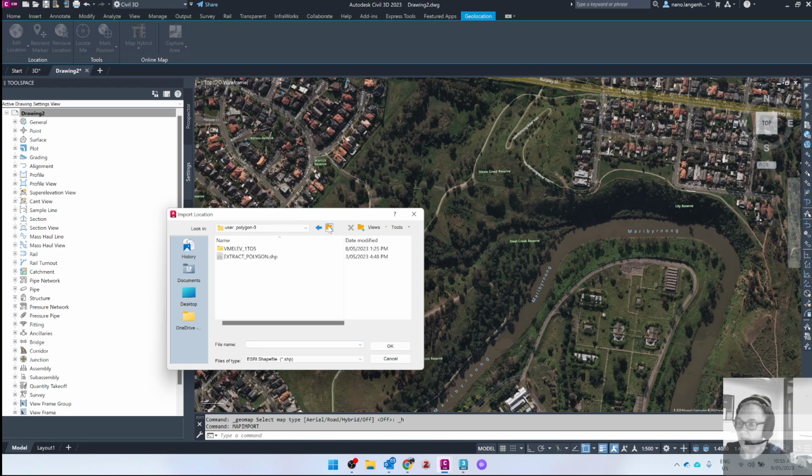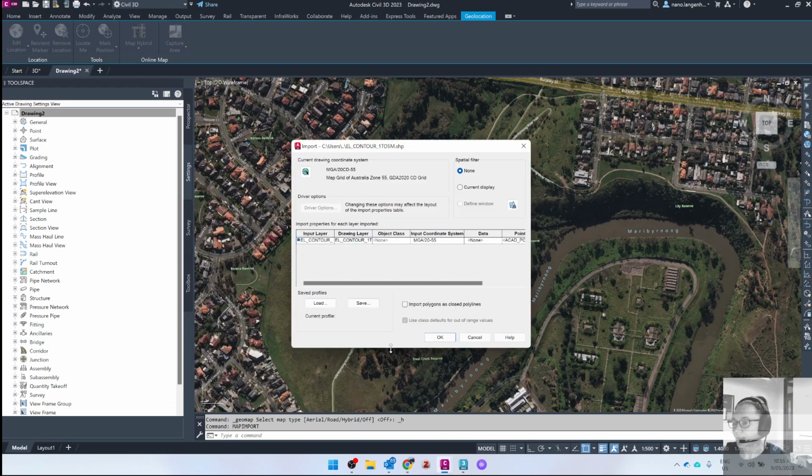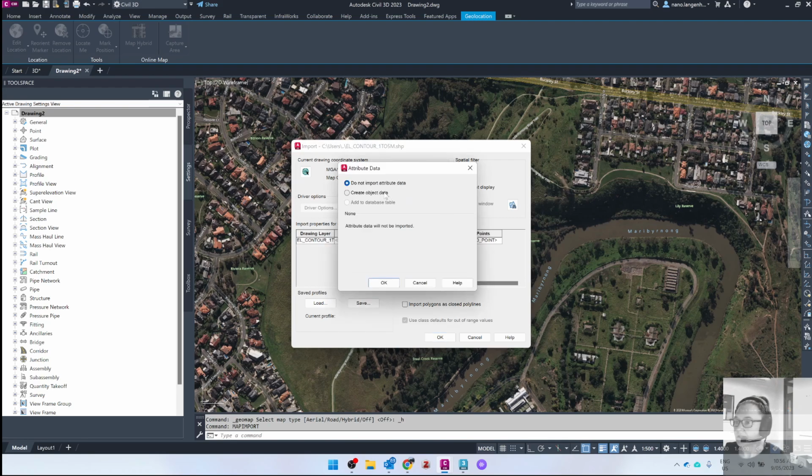Now, when you get that, you will of course be looking at a whole stack of folders. You've got to get right down to the last folder. Click on this shapefile, go OK. Now there's a very important step here, don't double click. There's a very important step which involves going to this table, going to the data and saying I want to